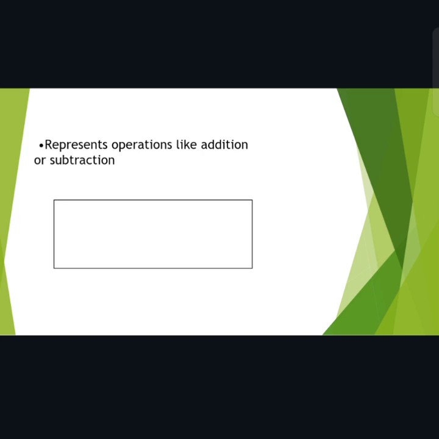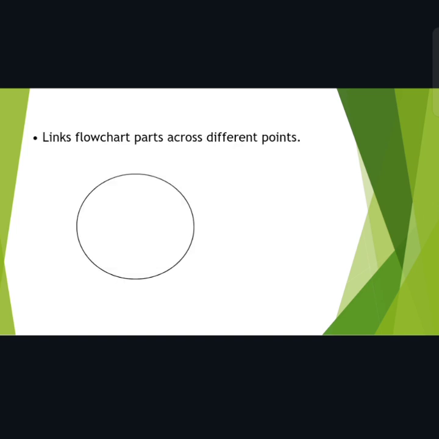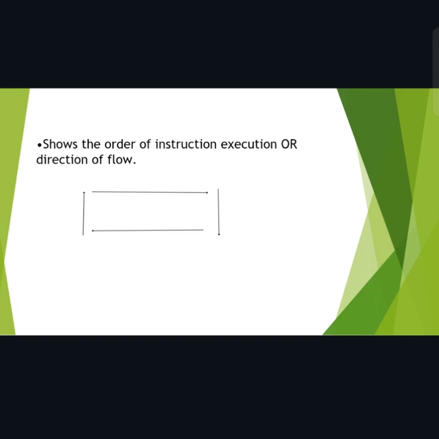the shape rectangle. Next is connector, links flowchart parts across different points, means it is used when your flowchart is too long, connects different parts. Next is arrow, shows the order of instruction execution or direction of flow, means an arrow that shows the direction in which steps are executed. Next is hexagon, looping, means